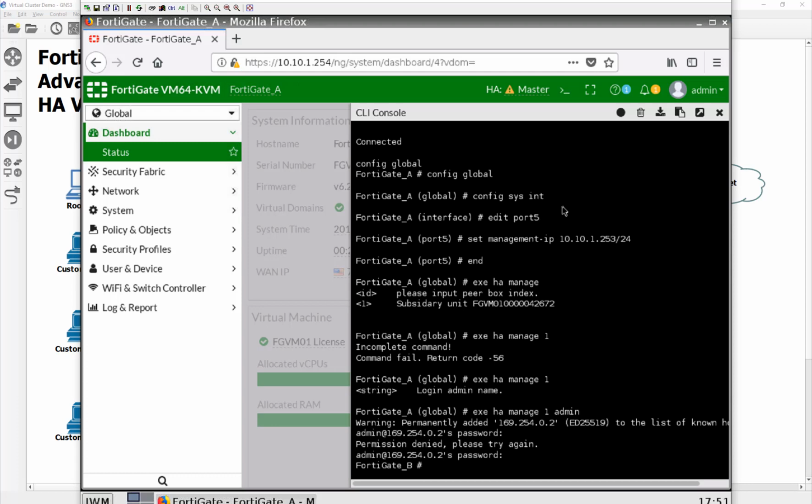So I did an execute HA management 1, and I did a question mark after this management here, and you'll see the secondaries there. And if you notice, it uses the APIPA addresses through the heartbeat interfaces to actually make an SSL connection over there, which is kind of cool. So anyways, now we can do a config